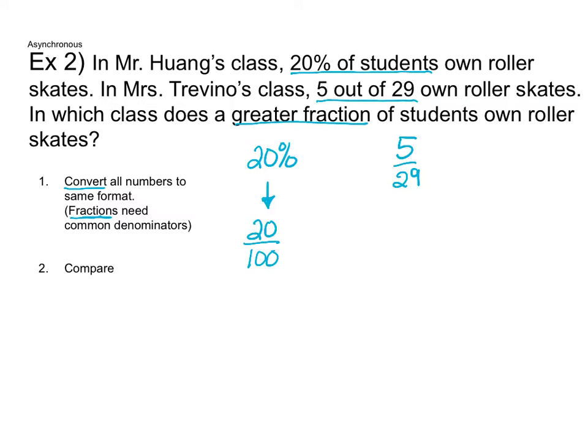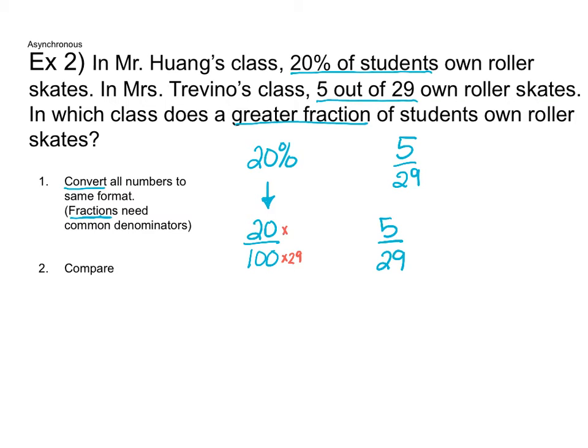So I got a fraction there. I am now comparing 5/29 and 20/100. However, do I have the same denominator? I don't. So I need to get the same denominator. How I do that is I need to multiply something by 29 and maybe 100 to get a common denominator. So I'm looking, and the fastest one that I can think of is to just multiply this one by